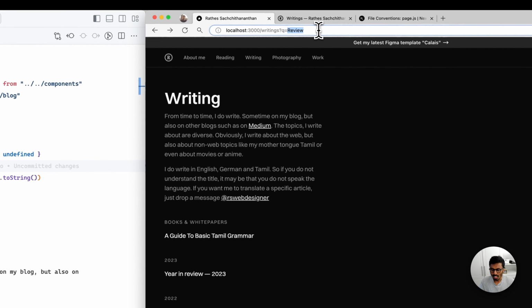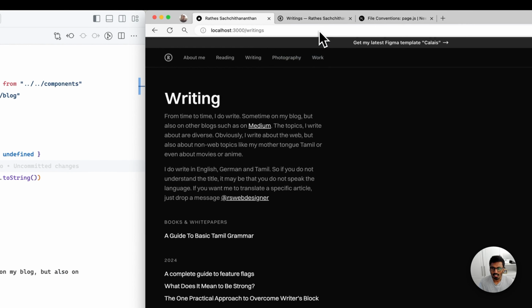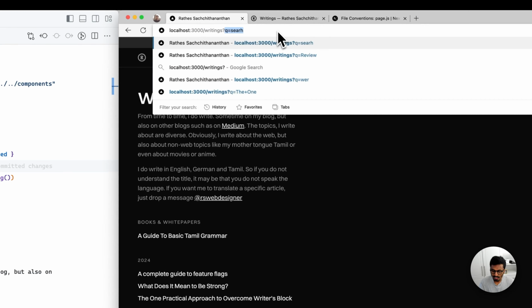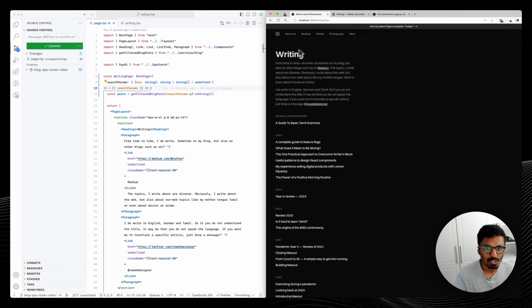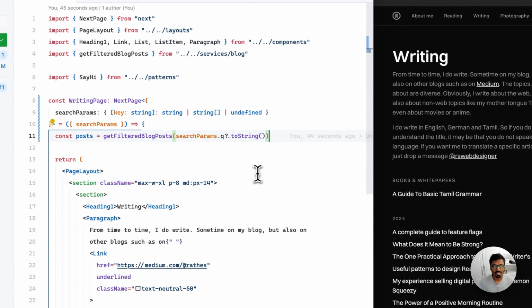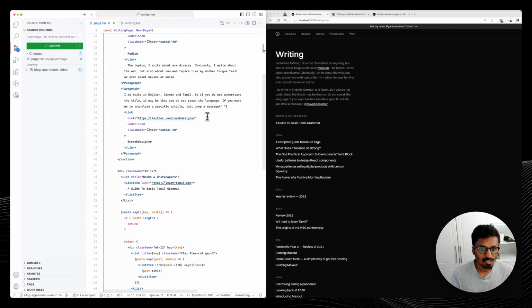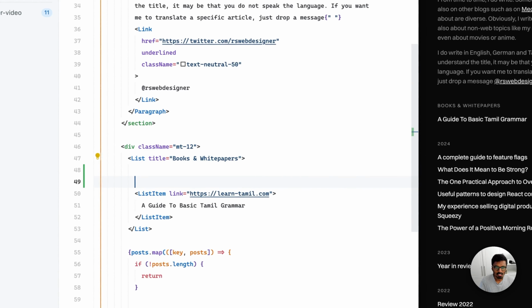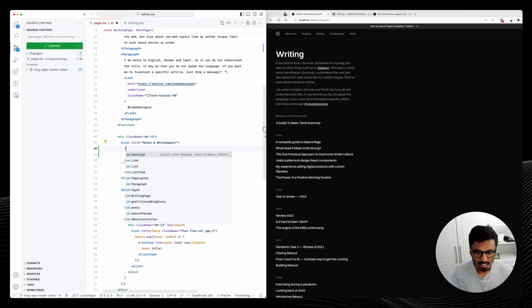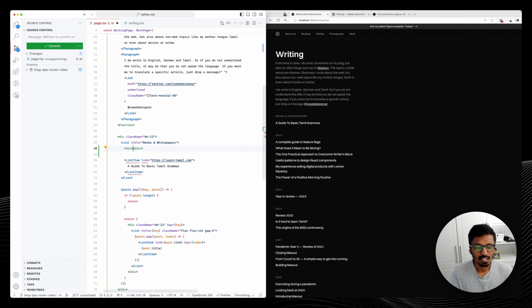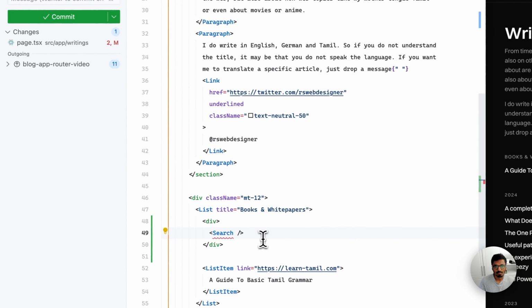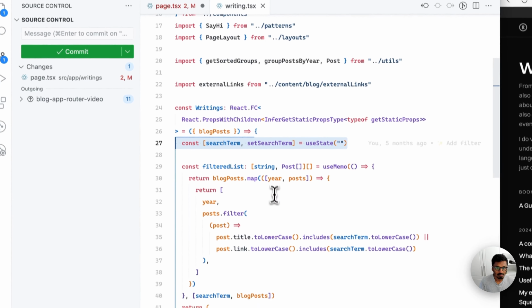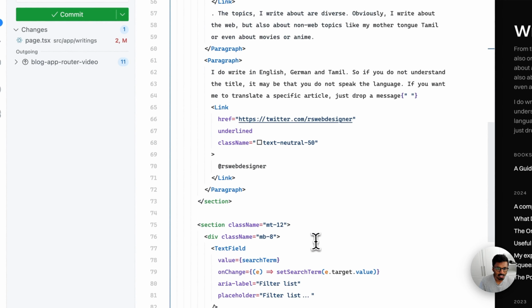So what happens if we don't have anything here? It's still working. And if we have an empty one, it's still working. So all good. Next step, what we need to do is we need to basically have our search component here, right? This part still has to be client side because we will need some hooks, but this is what I'm imagining to happen. I think we have some styling in here as well that we can copy over, but